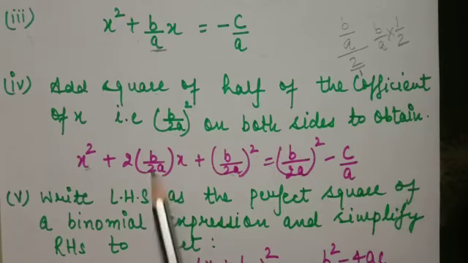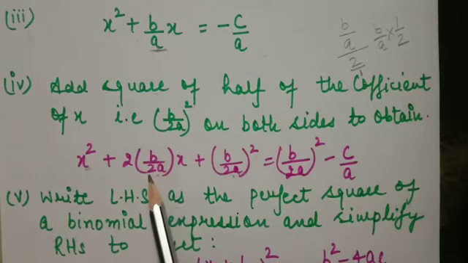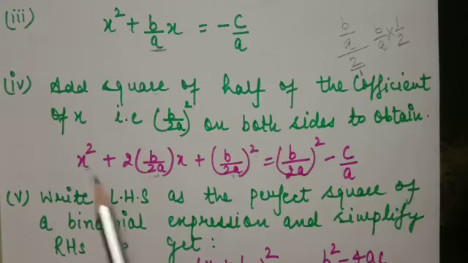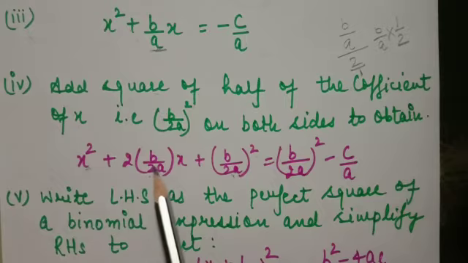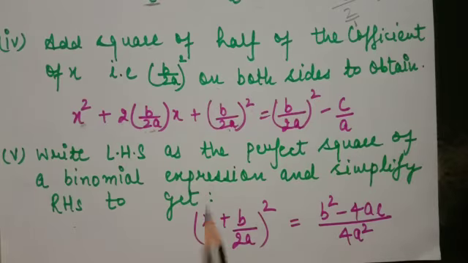But what happened here? This term is also changed as compared to this term because I want to make it a whole square in the next term. So it should be the same. So multiply by 2 and divide by 2 as well. It will not affect the equation. Now it becomes a square plus b square plus 2ab. We can write it as a whole square, a plus b whole square. So a is x here, b is b by 2a here. So a plus b whole square, and solve it.